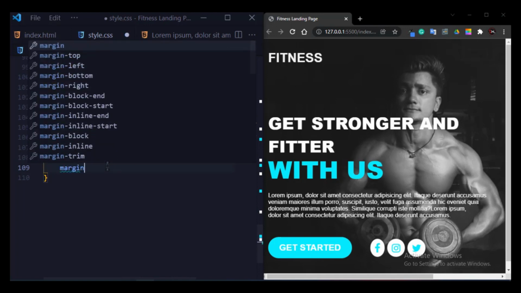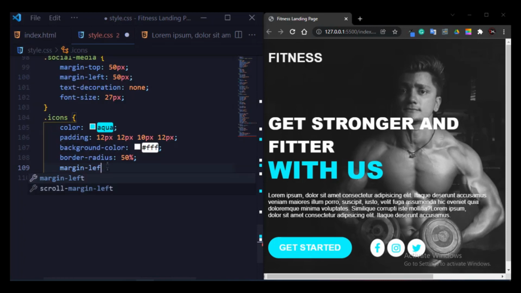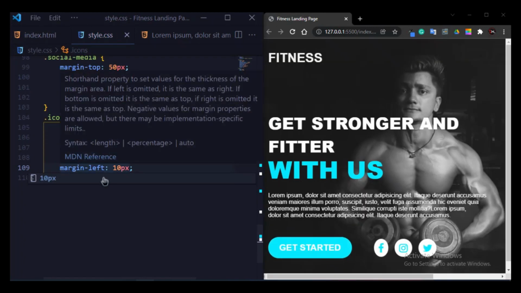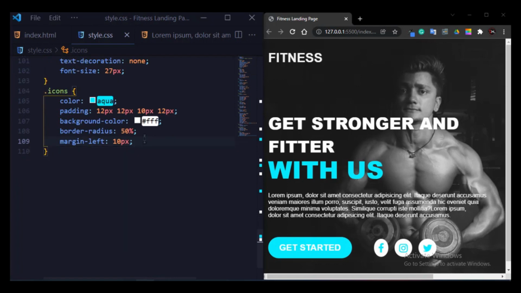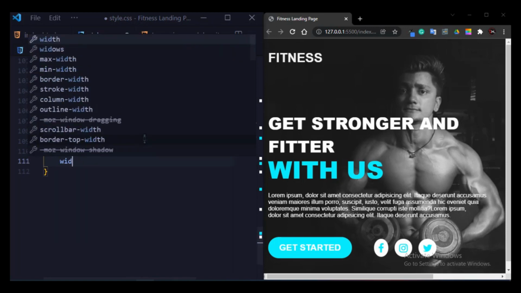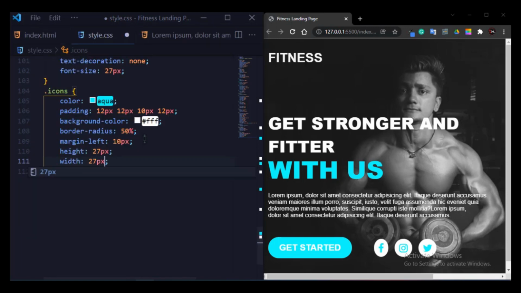So I will write margin left 10 pixel and height 27 pixel, also width which is same 27 pixel.